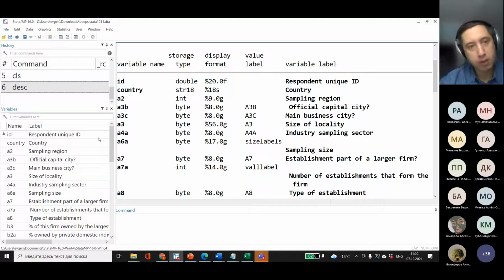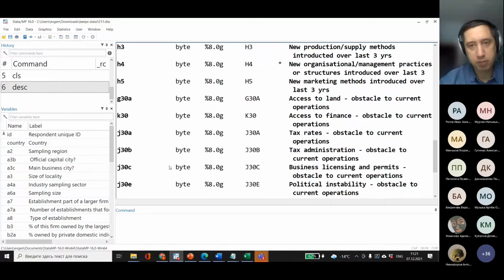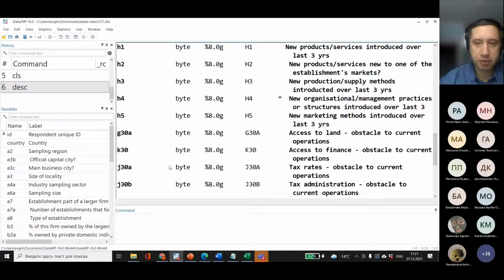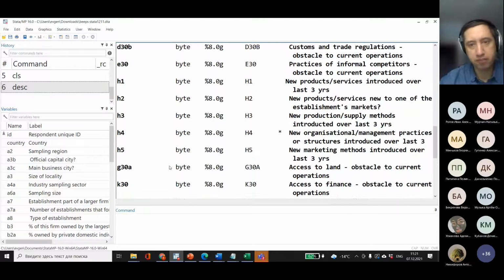This survey was conducted in 2011 and 2012, and it examined different firm characteristics and management opinion about corruption, administrative barriers, and different issues related to business development,